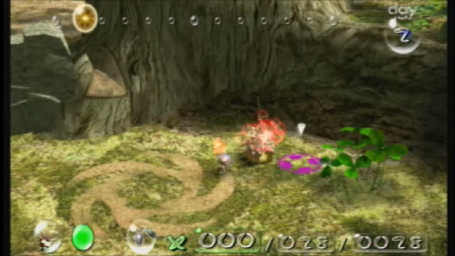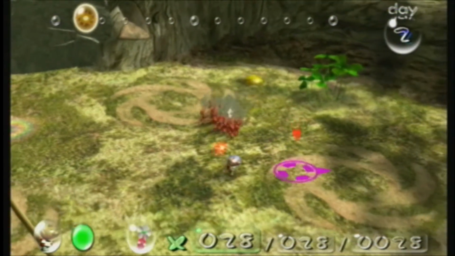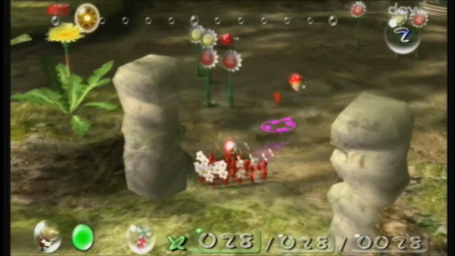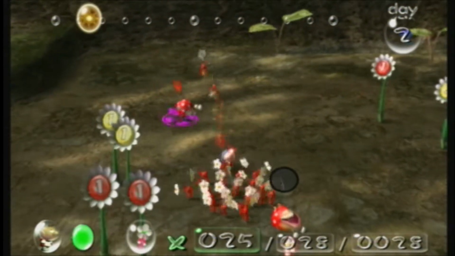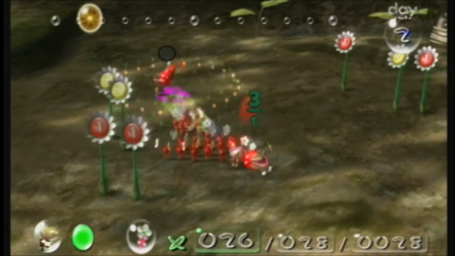So they should be probably all done with that now. I think they're all flowers. So let's call them. Yep, they're all flowers now. As you can see, they no longer have leaves on their heads. Instead, they have flowers. So they should be stronger and faster, and they're less likely to trip now. When they trip, they just fall over, and sometimes they'll be left behind. It gets annoying, so